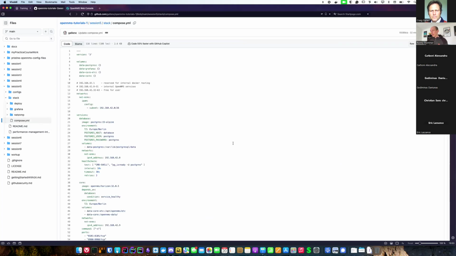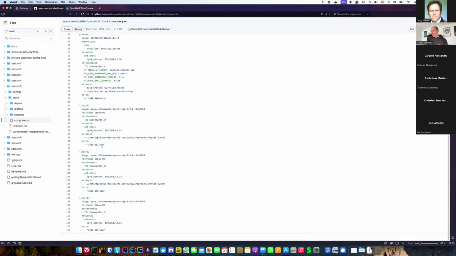If you look here in the compose file, in the Linux agents, do you see that line? To give you the ability to query these SNMP agents from your local notebook, I published a port on your host system, and inside the container, it's still port 161. So inside the Docker network it's port 161, but on your local system it's 1610.